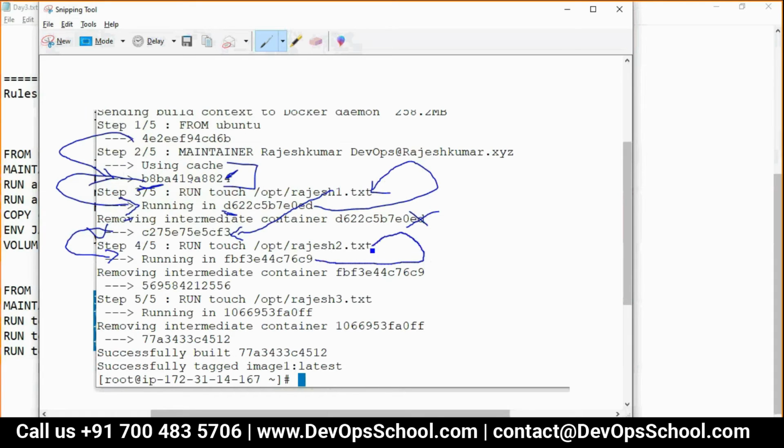This container got these changes, got committed, and then that container got removed. The same thing you see. This layer created this container, got these changes, got committed here, and then removed. Did you see the pattern? Everyone? Yeah.